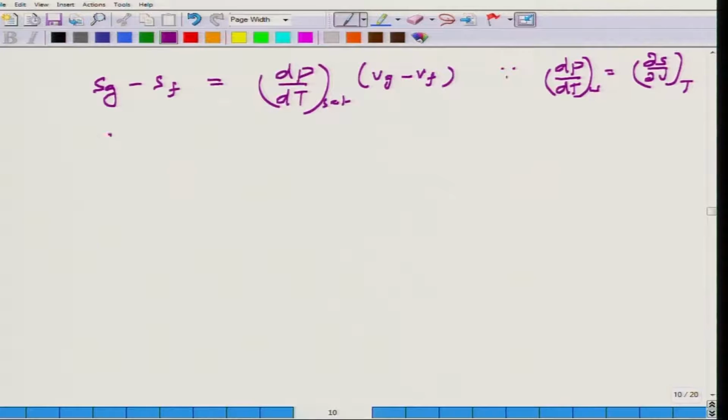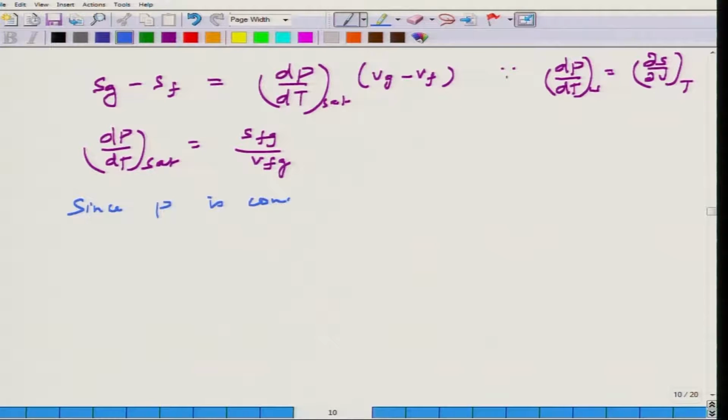So I can write this as simply again Sfg divided by Vfg. Now it's clear that whether I made use of the Maxwell relation or directly made use of the Gibbs free energy equality, you got the same expression. Now let me just work on this a bit. Since P is constant during phase change,